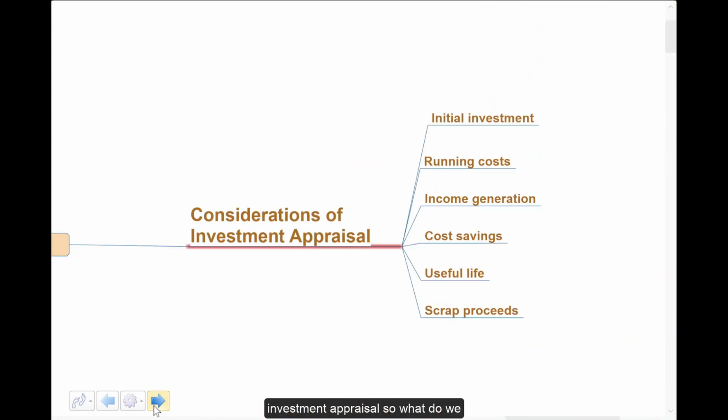Firstly, let's talk about investment appraisal. So what do we consider when a business is looking at an investment or trying to appraise? In other words, assess whether or not it's going to move forward with it. Well, there are a variety of areas. Firstly, there will be some sort of setup or initial investment. We'll have to expend resources, cash in some way now. Outside of that, there's very likely to be annual running costs year by year in several different forms.